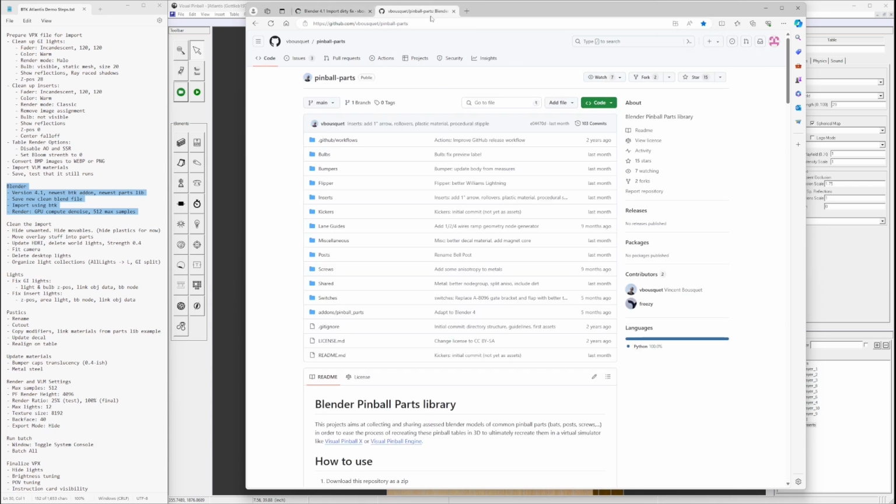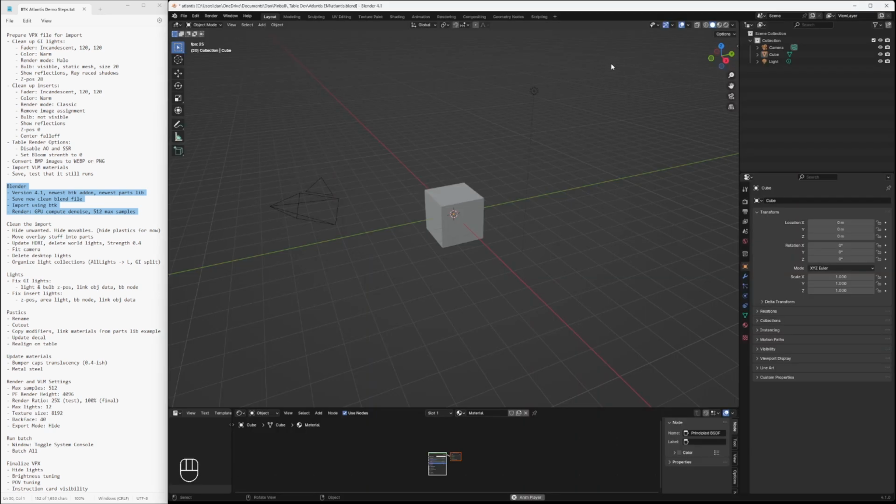Likewise, you'll want to get the latest Blender Pinball part library. In that case, you go to the Code tab and you just download the zip and extract it into wherever you want. I have a couple videos on how to do this, and those links will be in the description as well. All right, I opened a new Blender